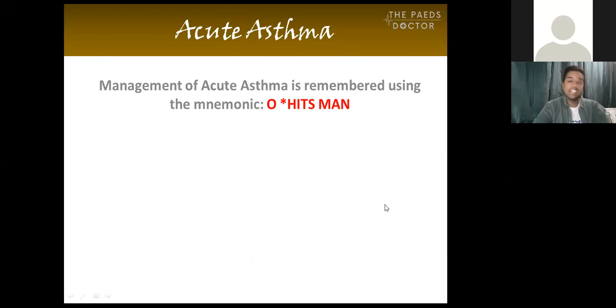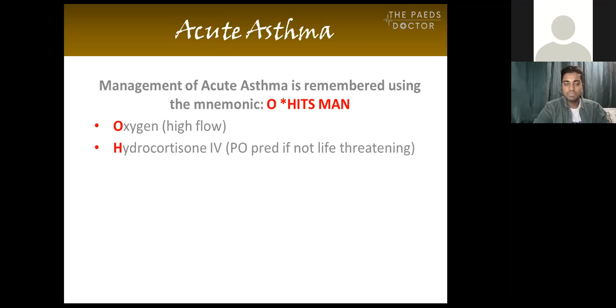So now the next mnemonic is the management of acute asthma. I remember it with this one. It's usually a bit more rude, I'm sure you can figure out which way, but I made it a bit more friendly. So O is for oxygen, so high flow. H is for hydrocortisone IV. But remember, if a child is not in life-threatening